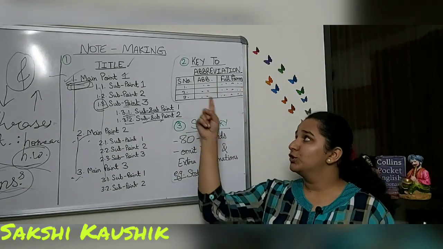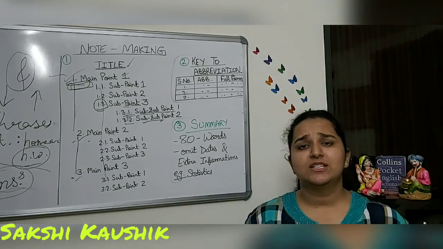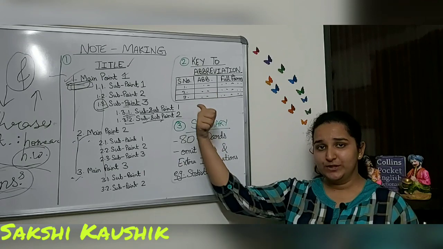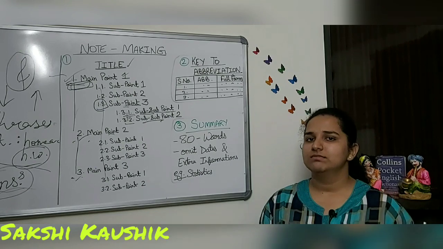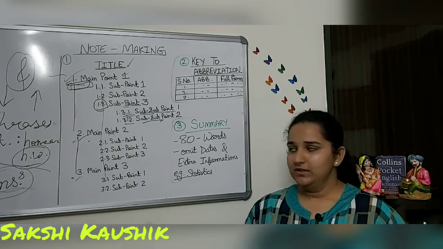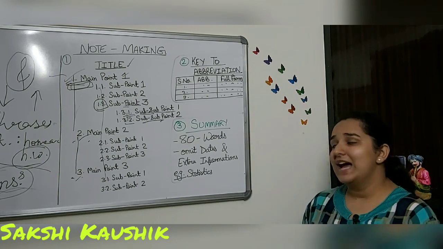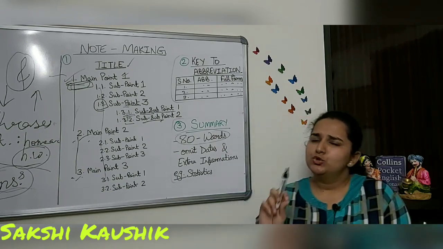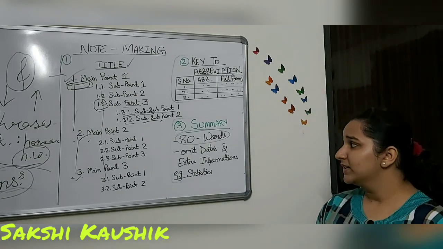And minimum, you should have 3 abbreviations. That is a must. So you have to find out at least 3 words which you can abbreviate. There can be more, but minimum is 3. Second task over. Now moving on to the last and the third task, easy task, that is the summary. Now whatever note making you have done, you have to write a summary of this. Now summary should not be more than 80 words. 80 words is the maximum limit of a summary. At most you can go to 85, not much more, right?